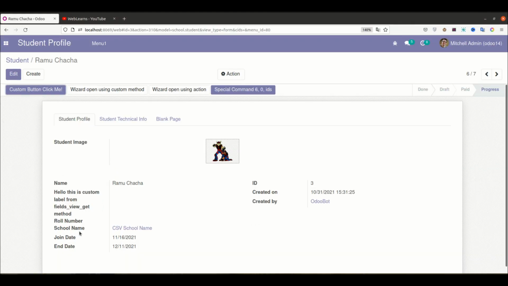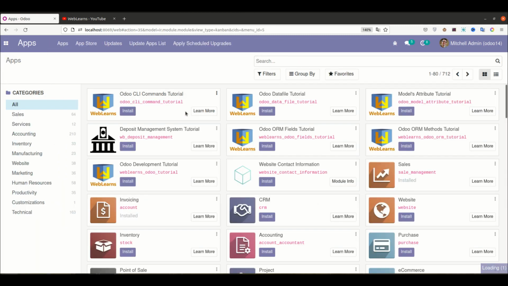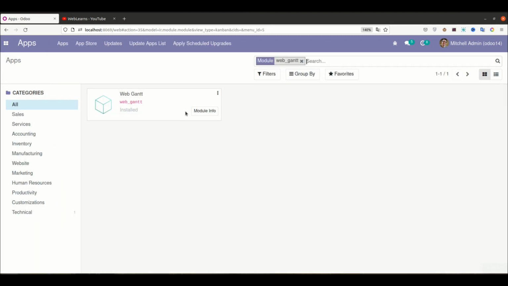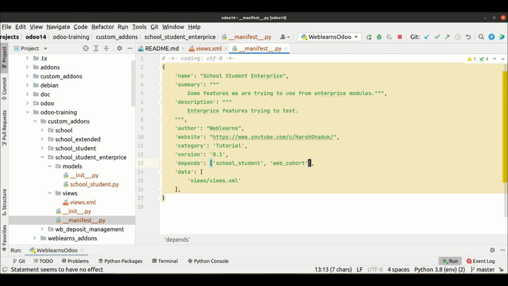For that we have to go to the apps and search for web_gantt. You can see it's already available and installed, right? So let me upgrade one more time here, and meanwhile I will add the dependency web_gantt.